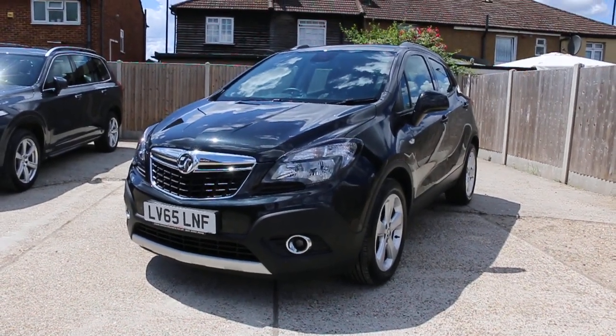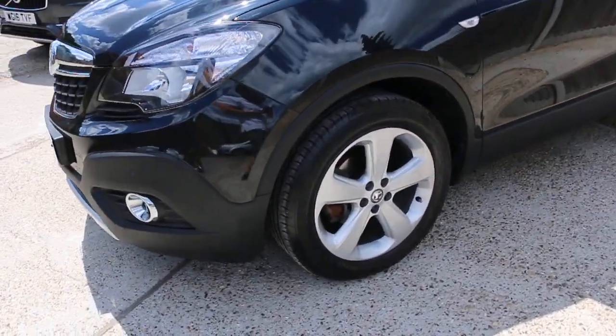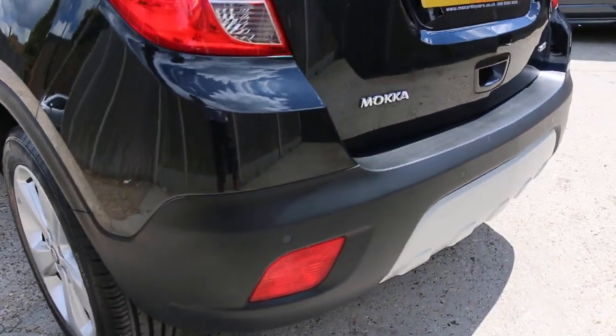Now it's available at McAfee Cars: a Vauxhall Mokka in black with front parking sensors, 18-inch alloy wheels, rear parking sensors,